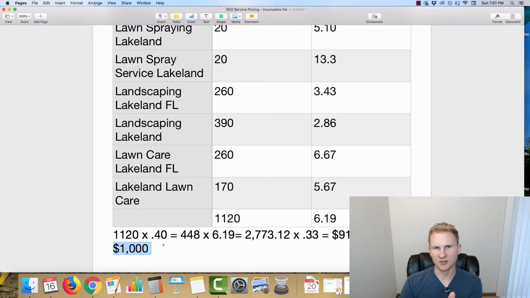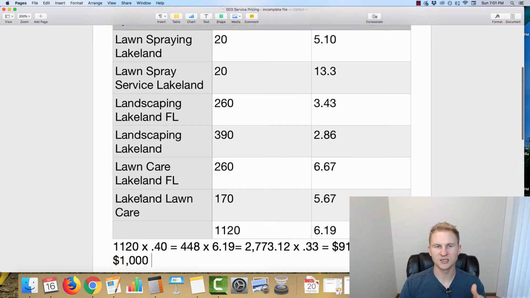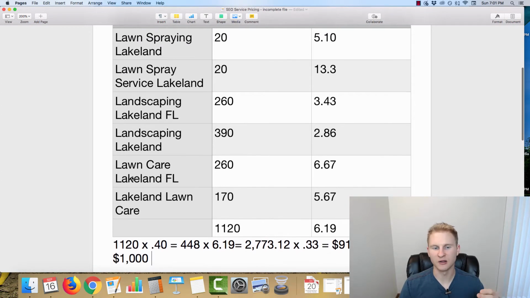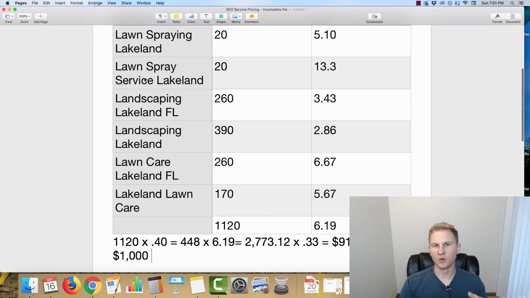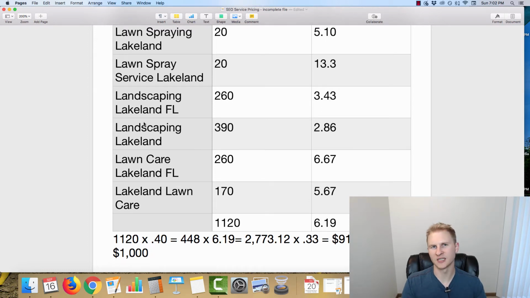And so what this $1,000 per month would include is basically us creating the landing pages on their website, provided that it's already on WordPress and we don't have to build out a new site or anything like that. And basically what we would do is we would set up the on-page with the landing pages, so that way it can be set up for keywords with the city and the service in them, so that way they can rank. And then we'd get that foundation started, making sure that there's enough content on there and all the things that go along with it, as well as then start doing the off-page with citations and getting PBNs and all the stuff that goes in with that.